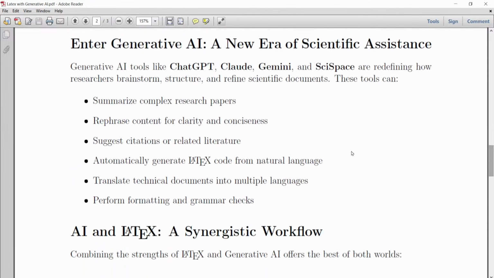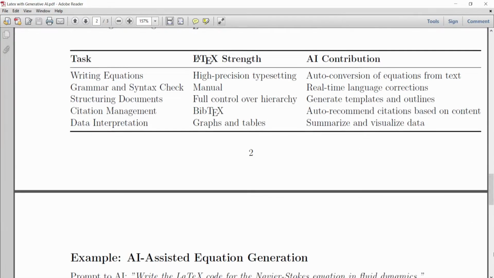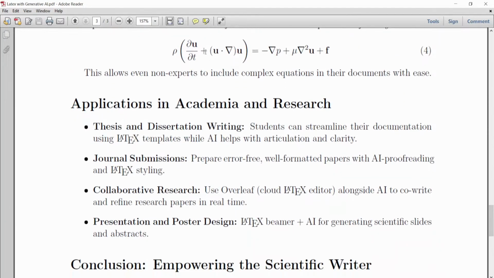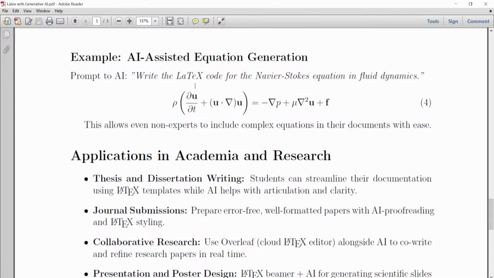And then, Generative AI: a new era for scientific documents. The entire document has been created in LaTeX. You can see the tables here also, and different, very typical expressions. This is the partial differential Navier-Stokes equation, which is very difficult to write if you are using MS Office.